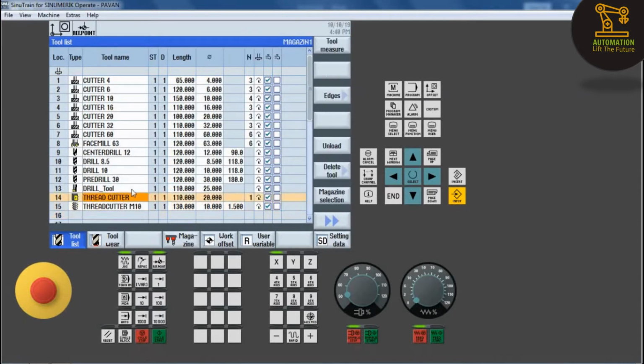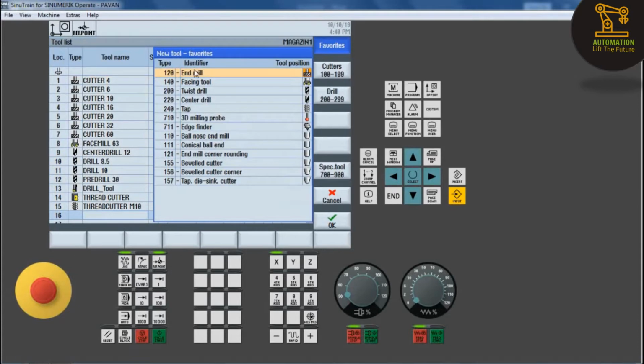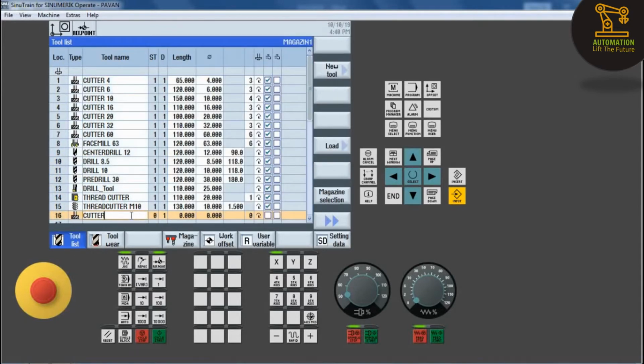Then click on offset to select the tool. We have to create a new tool, so create a new tool and give the tool name whatever you require. I give path mill cutter.